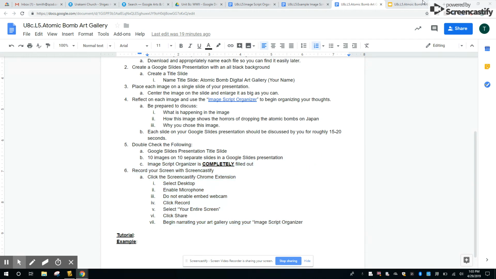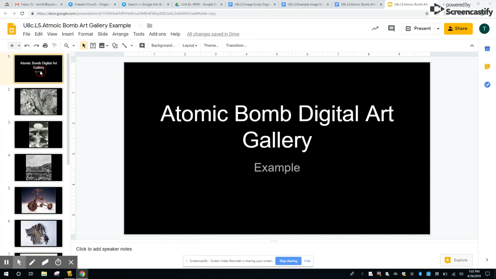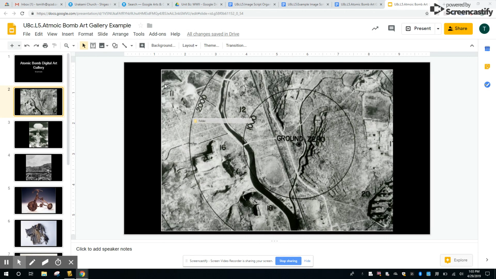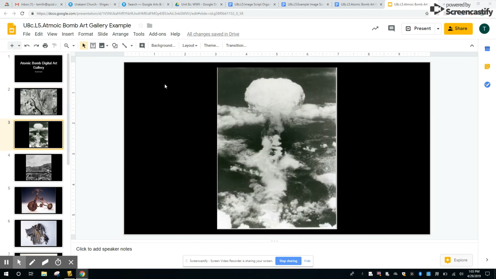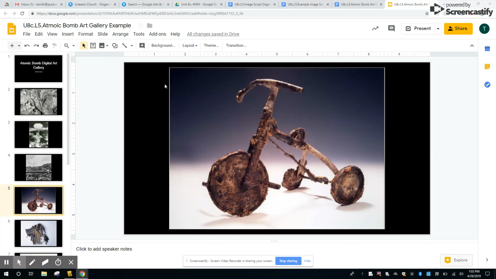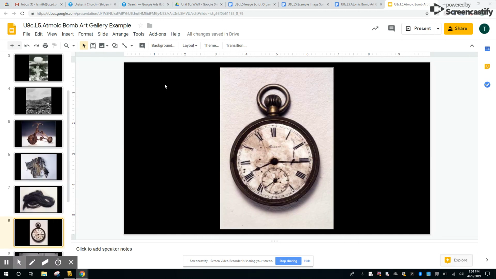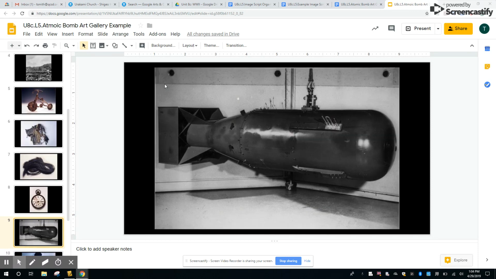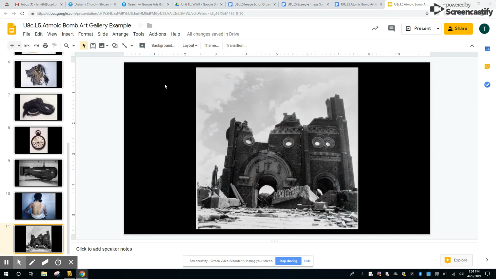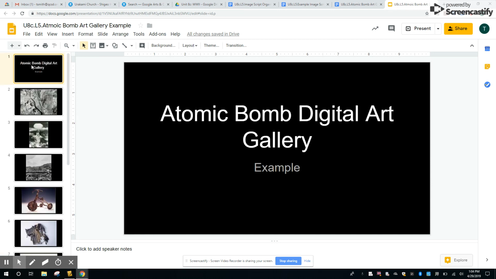For an example of what my art gallery looks like, I have my title page. Here are my images. And I'm going to create a separate example project so that you can reference what I'm looking for as far as this project is concerned. So that is how you go about creating this